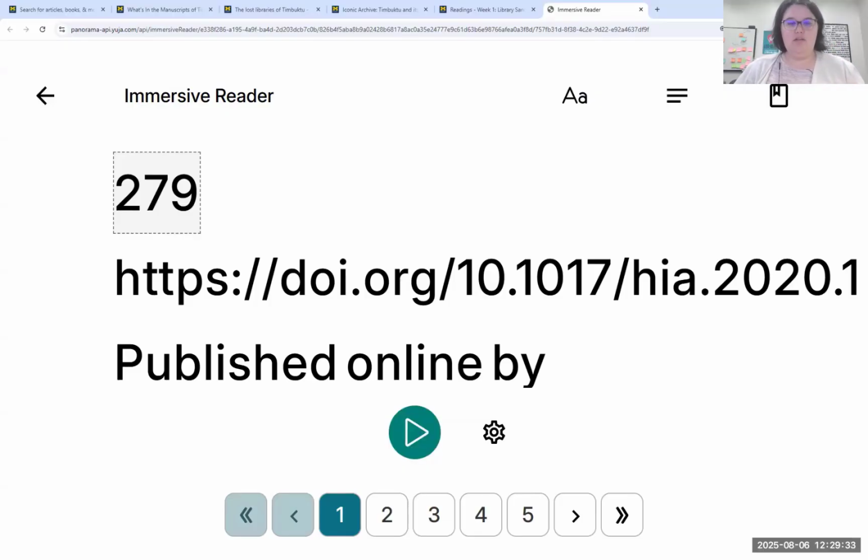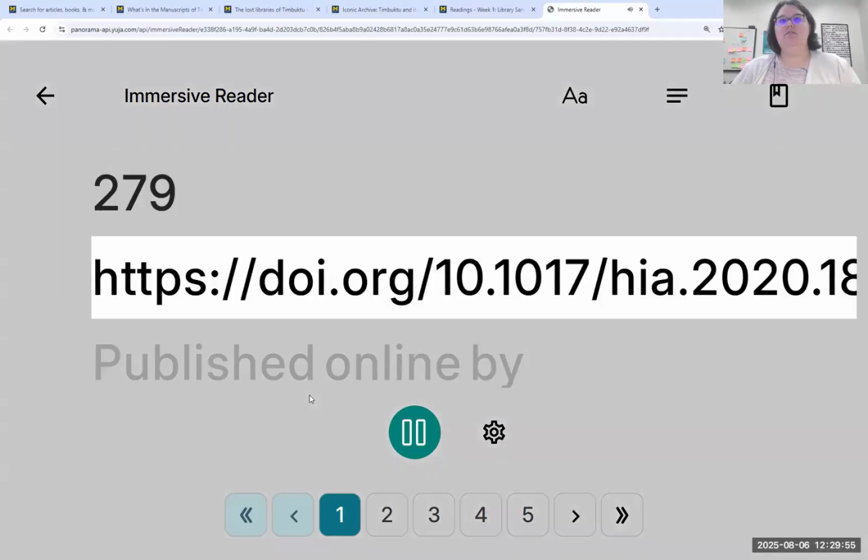reading disabilities. And actually, hold on a second. Let me pause my share and make sure. Let me do this. Hold on a second. Hold on, one second. Okay. Making sure I'm sharing sound. Sorry. Because the immersive reader will